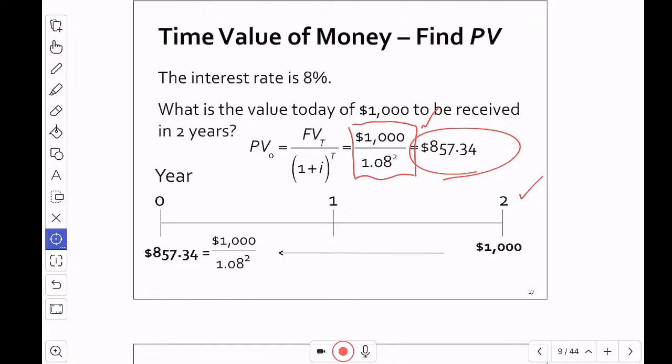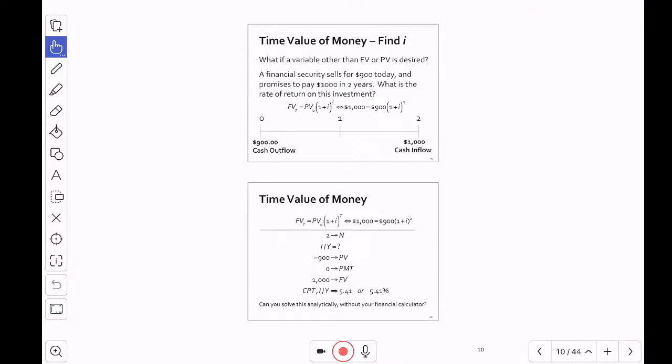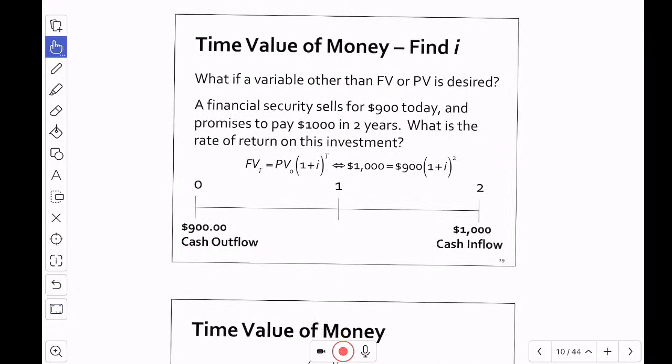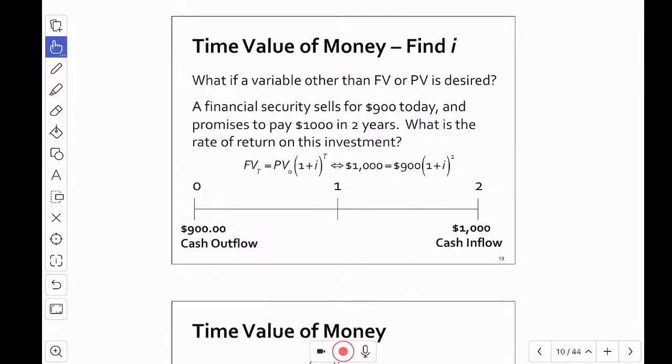All right, so we did this problem. Let's get to the next one. What if we want to solve for a different variable using the same relationship? That is the time value of money relationship. Here's a timeline for this